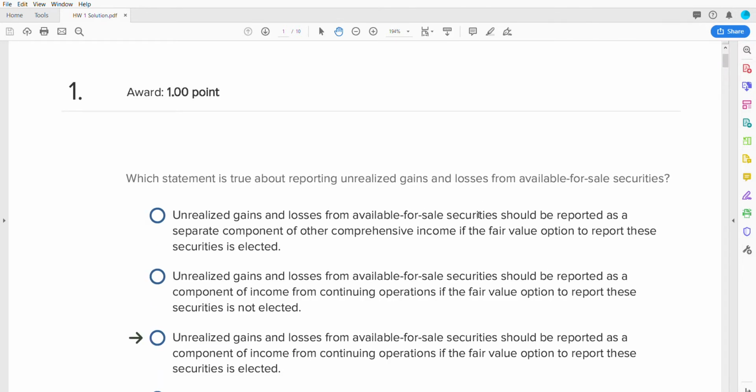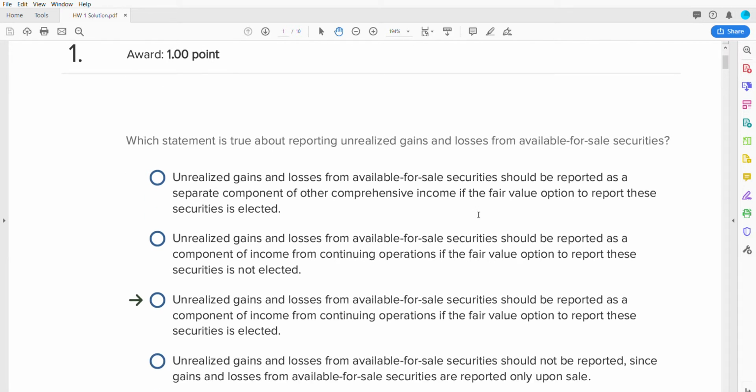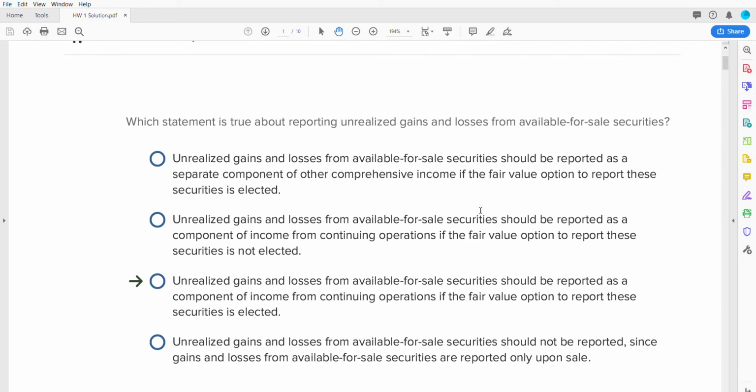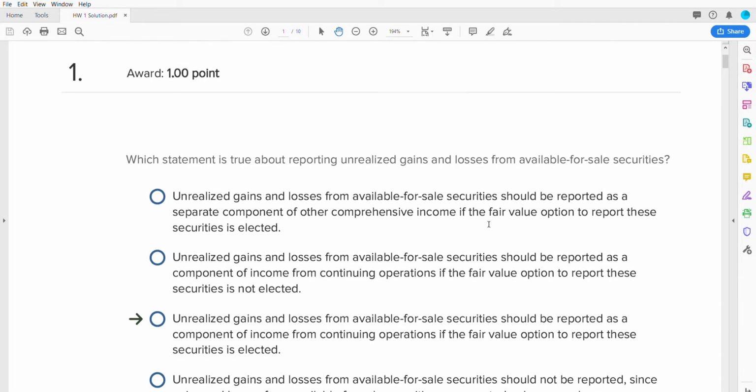So just so you guys know, these are all Roger CPA questions. They partner with the publisher to have them included in our book through Connect. So I encourage you all to practice these because this is what the multiple choice will look like on the CPA exam from this topic. So let's start with number one.